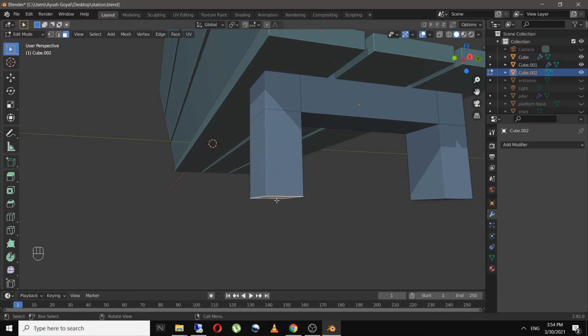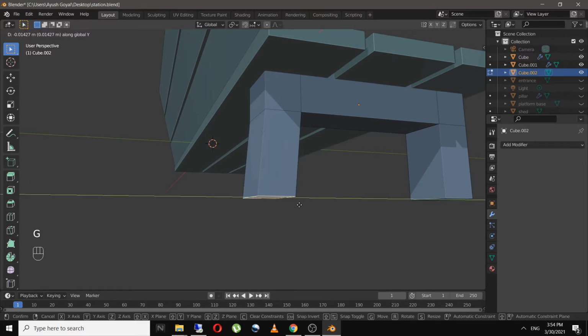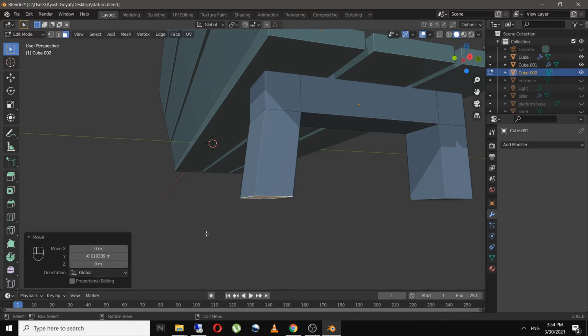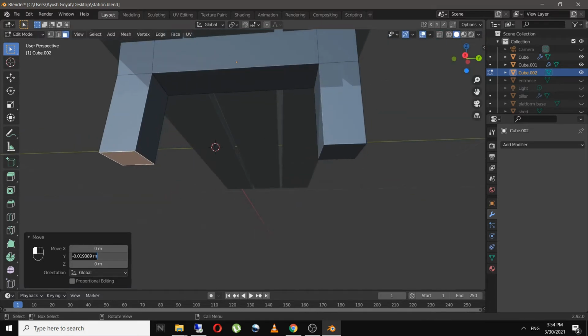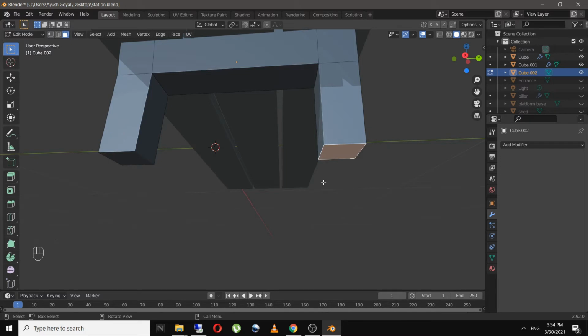And then I will select this face and move this on the Y axis a bit. I'll do the same with this face.